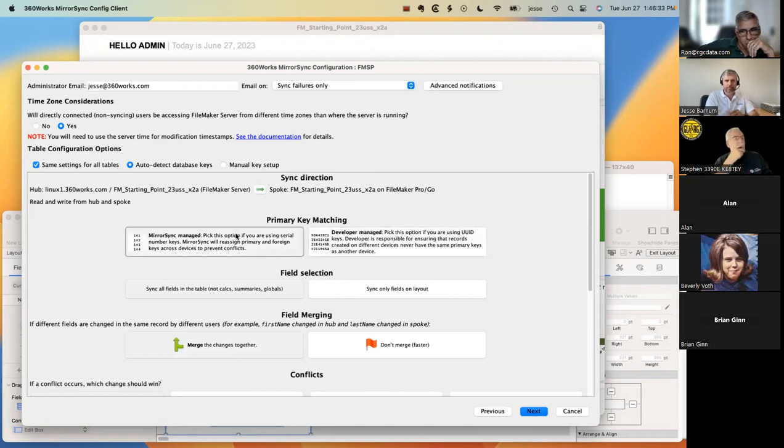MirrorSync managed is a really interesting thing, and I don't know of any sync solutions at all, not just for FileMaker, but in any industry, that do this. What MirrorSync managed does is it makes it so you can use serial numbers as your primary keys. Serial numbers are fundamentally very difficult to use for a syncing solution because, if I create record 100 and I sync it to the server and it gets record number 100 on the server, and then Ron creates record 101 and he syncs it to the server,